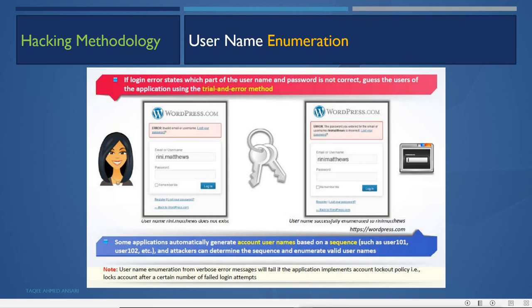That is, lock the account after a certain number of failed login attempts. So if the application developer has configured the lockout policy, that means if somebody tries three times with invalid passwords or invalid attempts, then the account will be locked. Now when it is locked, it will not work with the right one also. So if you give the right password or username, even it will not work. So if the policy is there, then this will not work, because it is actually guessing directly on the site. So it may not work if you have a lockout policy configured.